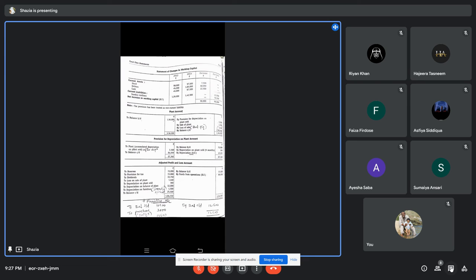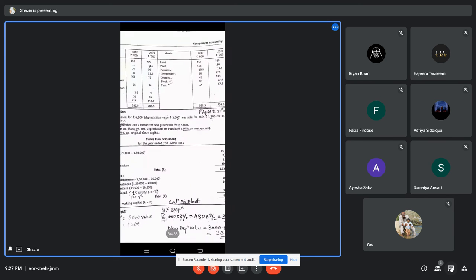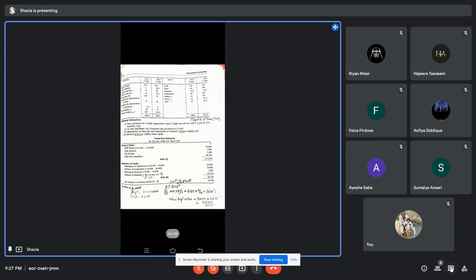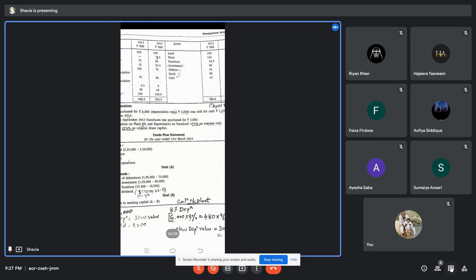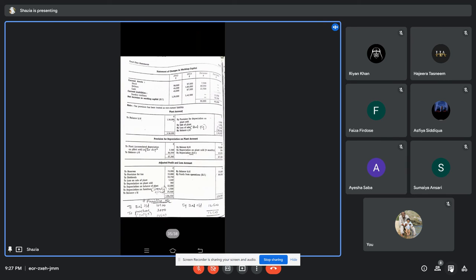33,750। How we got, I told you the calculation, that calculation is done here। The payment of dividend 1,50,000 into 22.5%। ठीक है, then next loss on the sale also I told you, depreciation on the plant sold, three items should be taken on the plant। One is loss, depreciation on the sold value, then depreciation on the balance of the plant, that is provision for depreciation। Then depreciation of furniture also I told you to take। Then what is this, adjusted profit and loss account, इसका closing balance,